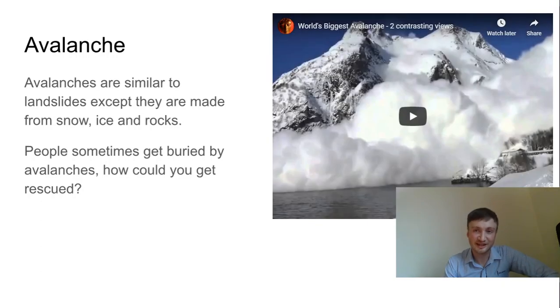So I should say, sometimes they set off avalanches deliberately because they know it's going to come down at some point. So they clear everyone out of the area. They put little explosives at the top of the mountain. They set all of those off. And then all the avalanche comes down. So that's what we're going to watch now. Okay, all right, let's try this again.